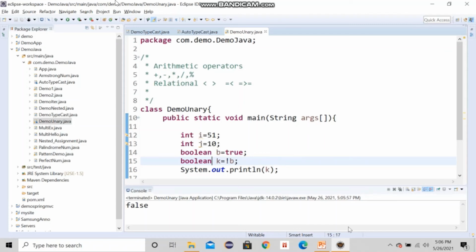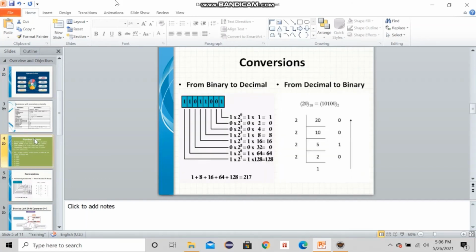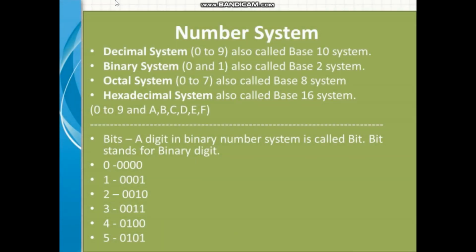Now coming to logical and ternary operators, let's begin with some basic information about the number system. For those who do not have a computer background, it will be a little basic information. We know the decimal system: our numbers are from 0 to 9, 10 digits, so it is a base 10 system.